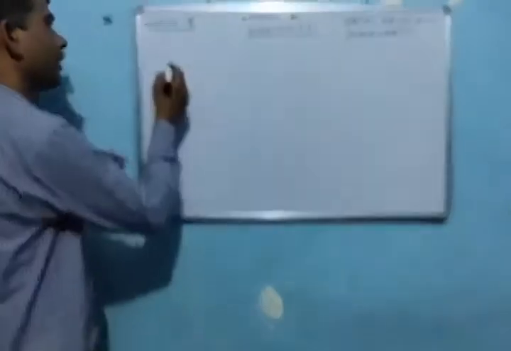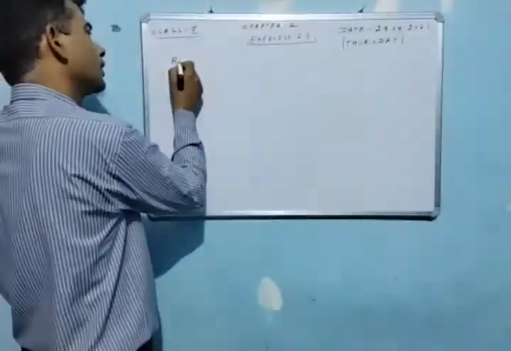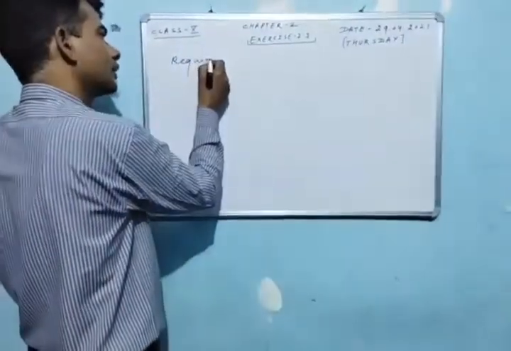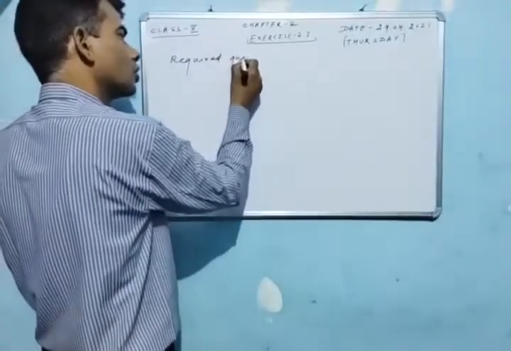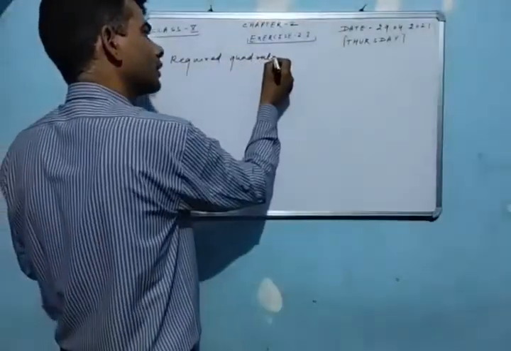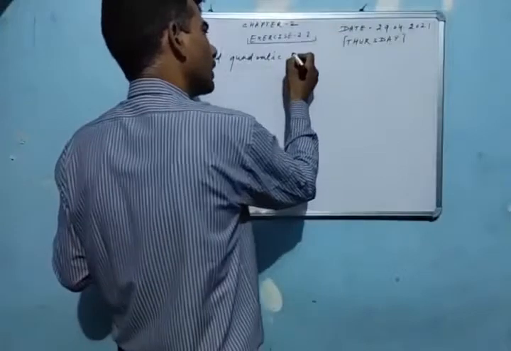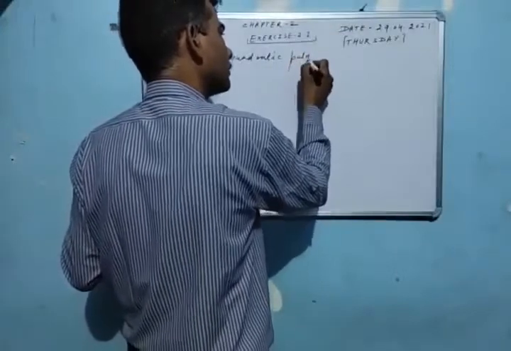Now students, alpha plus beta is 0. Now required quadratic polynomial be